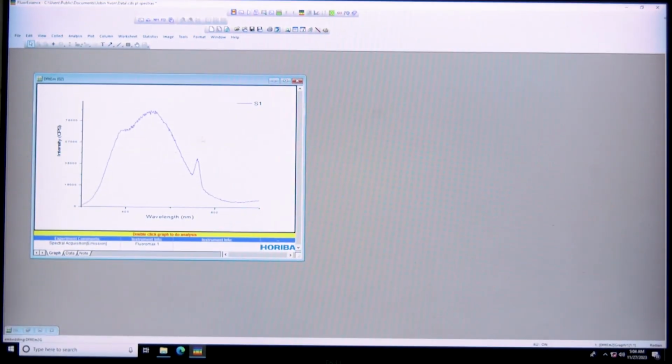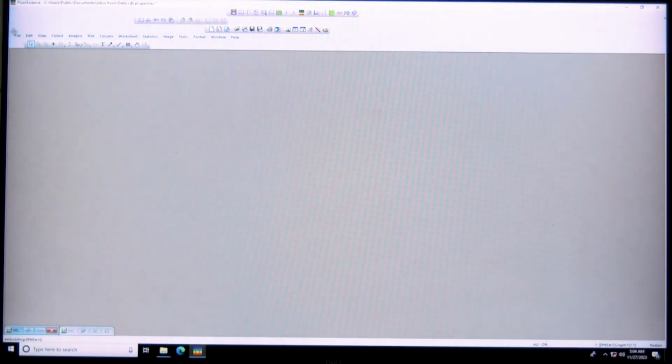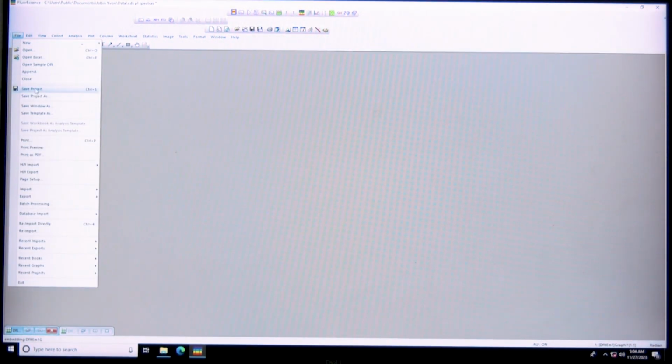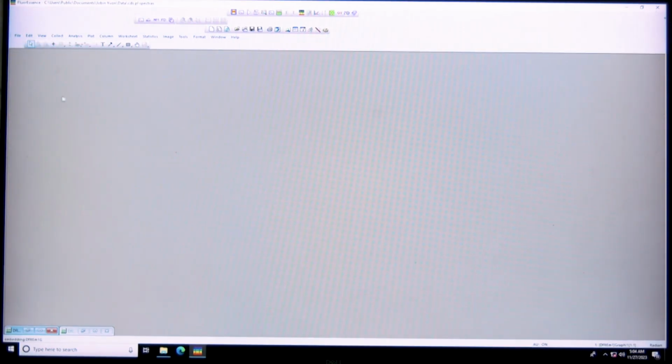There is an extra peak in the spectrum due to the lower purity of the synthesis in the microwave method, but it has more fluorescent intensity than the hydrothermal method. After taking the measurement, save the file, exit the software and turn off the machine.